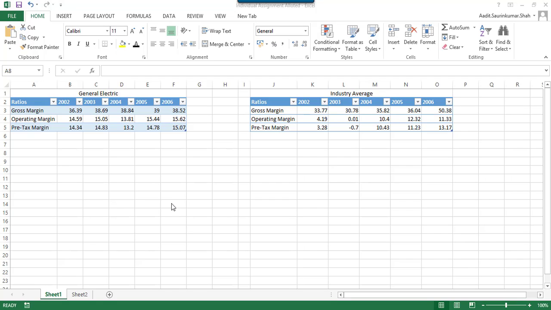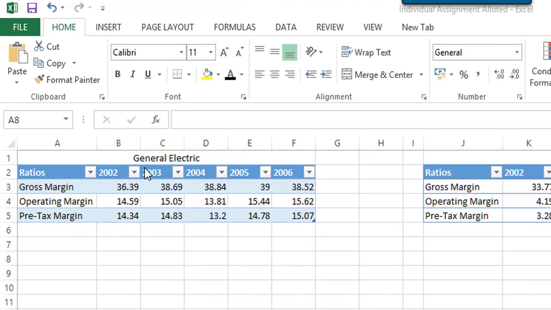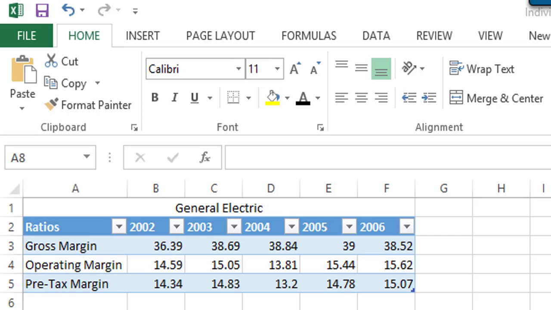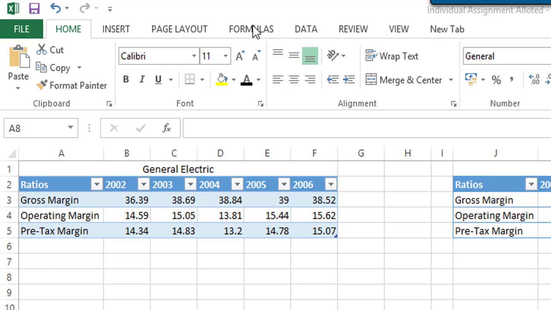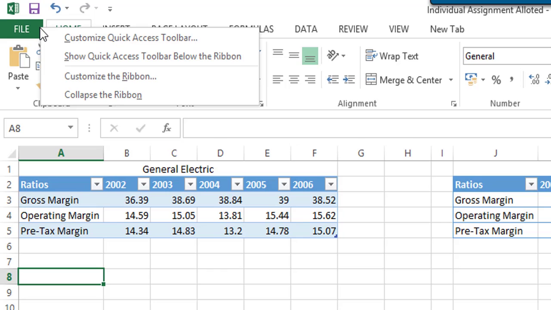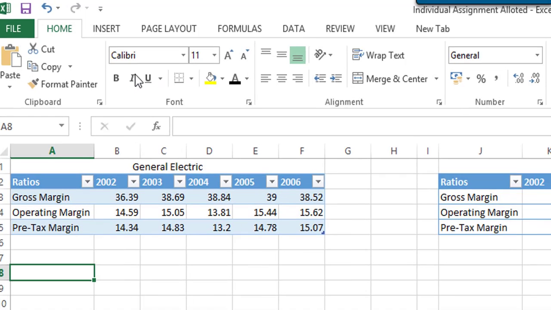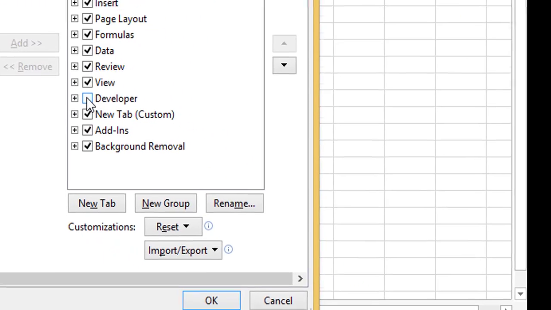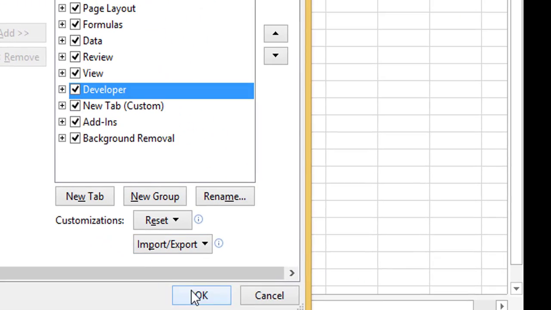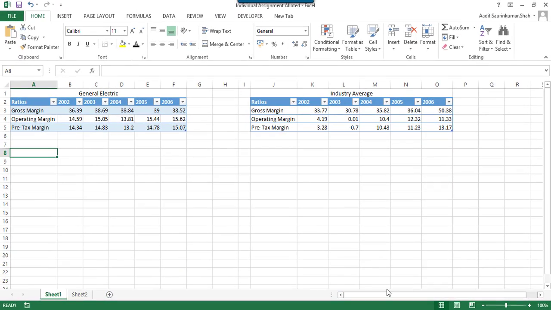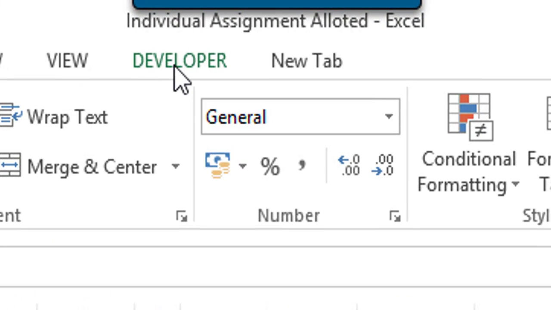Hello friends, today we are going to see how to create interactive charts with the usage of form control buttons. For inserting form control buttons, we need to use the developer tab, which we cannot see on the screen over here. To add the developer tab, right click on any of the menus and select customize the ribbon. Over here select the option of developer and click OK. Now you can see the developer tab is available here,